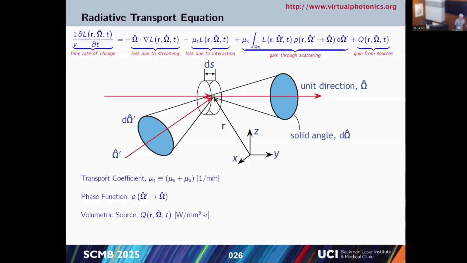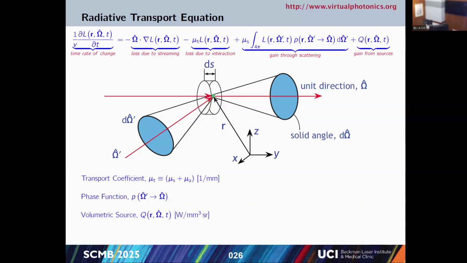Now you can gain light, right? You can imagine, well, there could be photons that are coming from other directions, scattering there and getting scattered into the direction you're interested in. And that's what this integral term represents. It says, okay, what is the amount of light coming from all of these other directions,